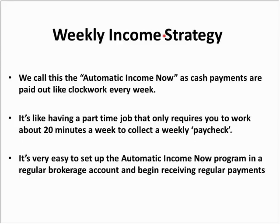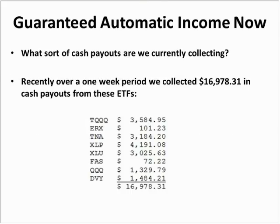So these automatic cash payments, we call this automatic income now, and what we do is we establish weekly covered calls, and then for the sale of the covered call, we get cash payments that are credited to our brokerage account for the sale of the option premium. So you can set up this weekly covered call strategy in a regular brokerage account,